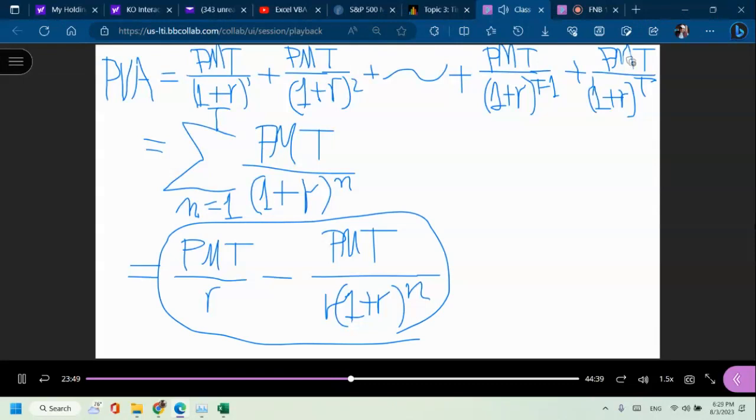But some of you may wonder, Professor, isn't that the simplest form that we need? This isn't exactly the simplest it can get. Why? You still see a common factor there, right? What's the common factor? Well, the common factor is payment over R. So in other words, if you factor out, I can rewrite it as